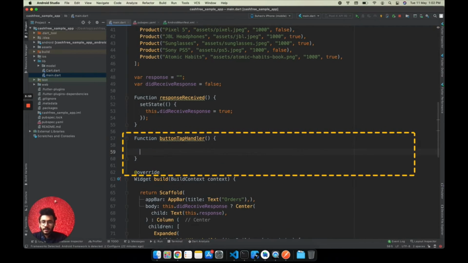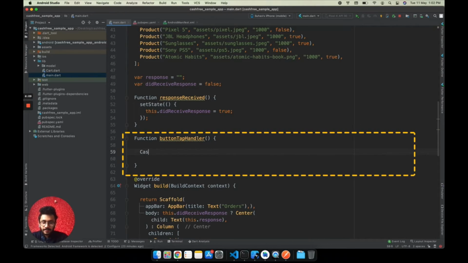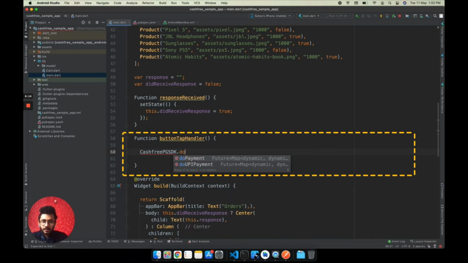So Cashfree provides a list of methods that can be invoked to initiate the payment. One of them is the doPayment method, which we will be using in our case to initiate the payment using a web checkout flow. And it can be invoked like this: CashfreePGSDK.doPayment.